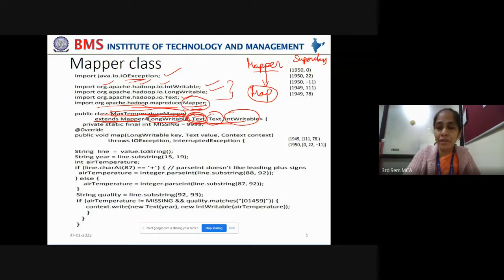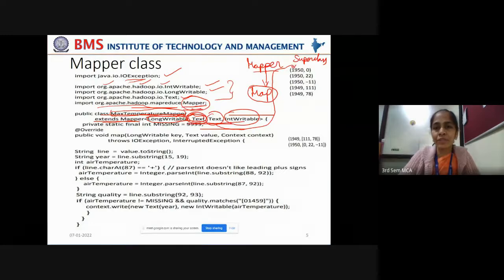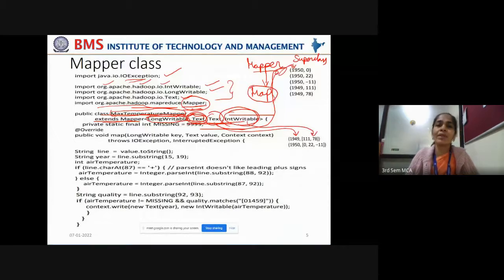Now, how do you understand this? In the output key-value pair, the key is the year in which the temperature is recorded, and IntWritable will represent the list of values recorded in that particular year.